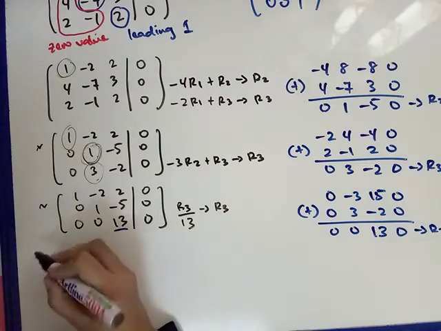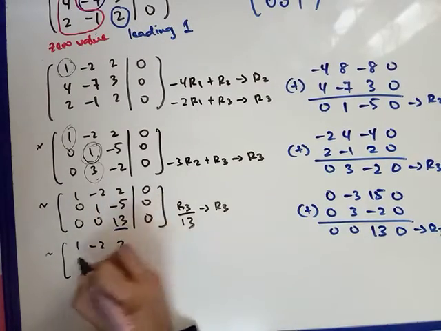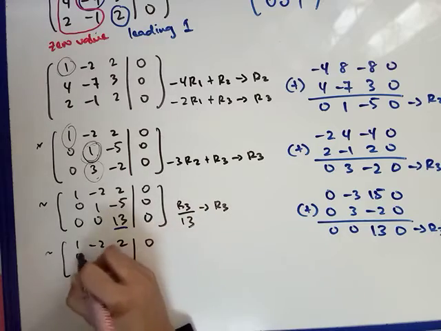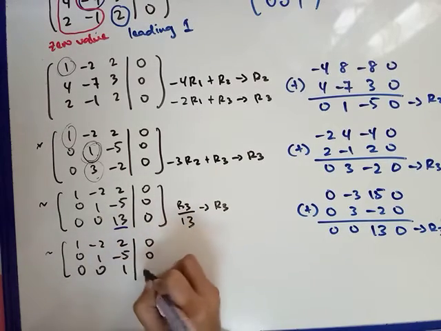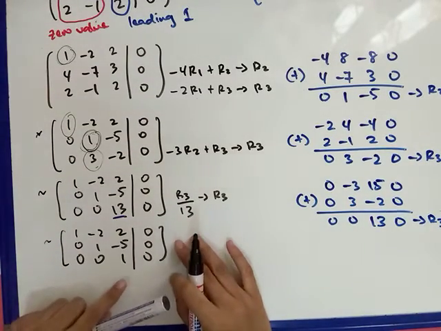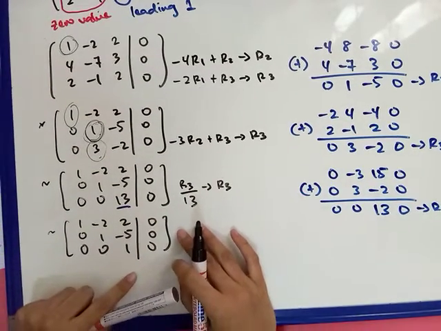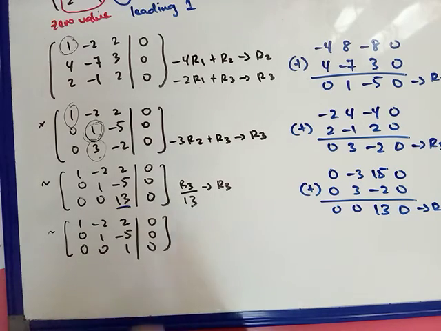So we have 1, negative 2, 2, 0, 0, 1, negative 5, 0, 0, 0, 1, 0. Then we have transformed into row echelon form here. Then we need to